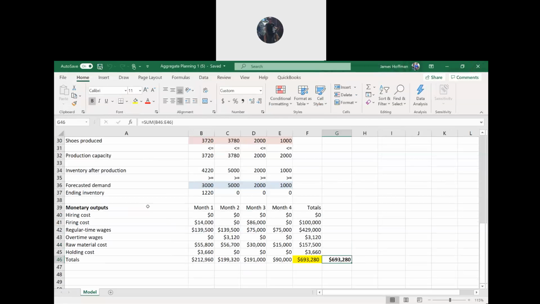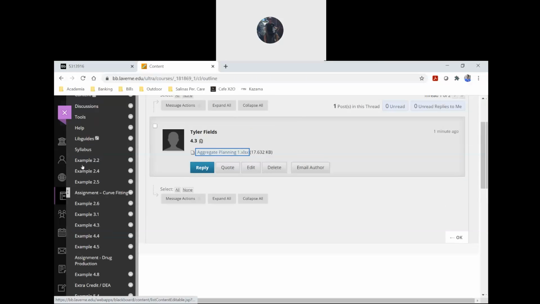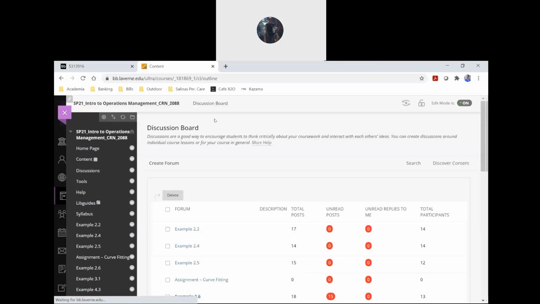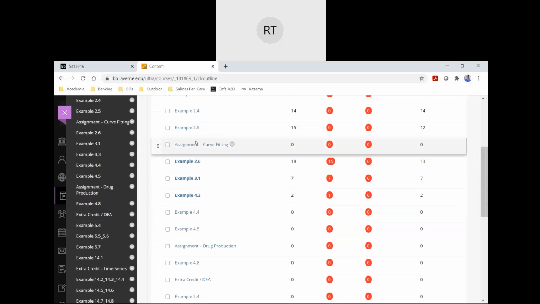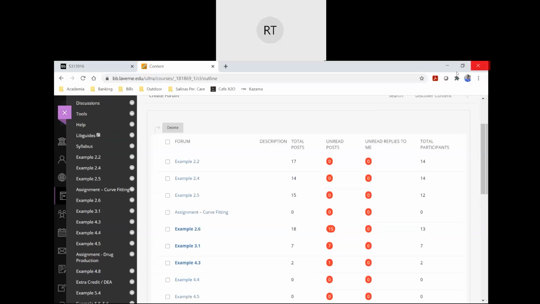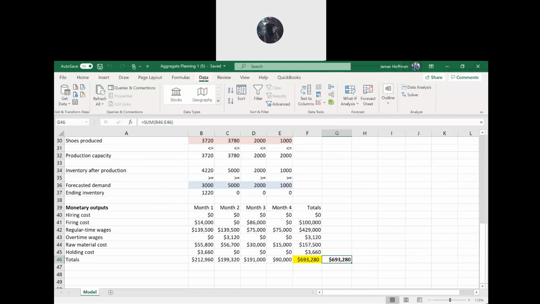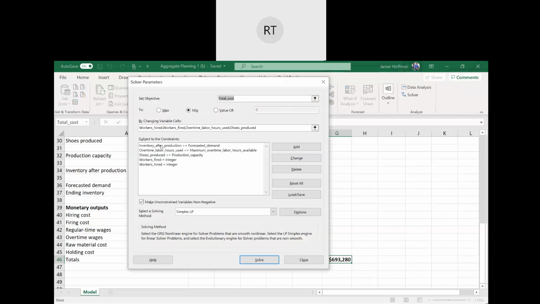All right. So hopefully some of us got 693,280 and... No, I figured out the problem. Oh, what is it? I accidentally flipped the sign in the parameters. Yeah. So which one? For inventory after production,